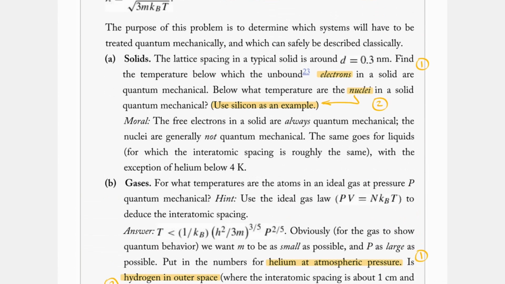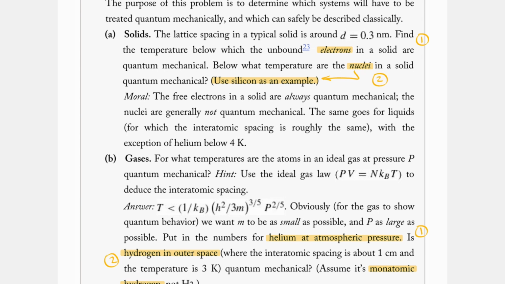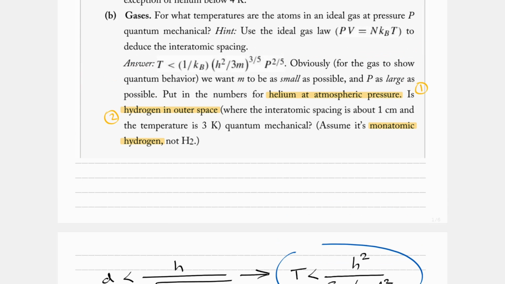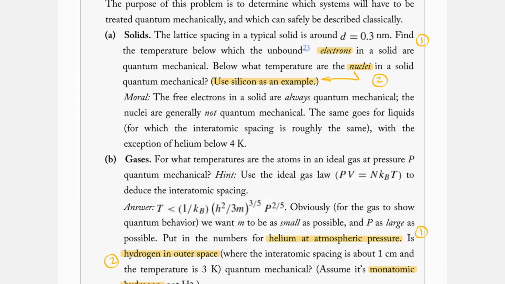So let's go back up to our moral. Our moral says the free electrons in a solid are always quantum mechanical. Yeah, that makes sense, because T less than something times 10 to the 5th is a big number. So pretty much any temperature we need to use quantum mechanics for electrons. But the nuclei are generally not quantum mechanical. I mean, 2.45 Kelvin is very close, obviously, to absolute 0. And